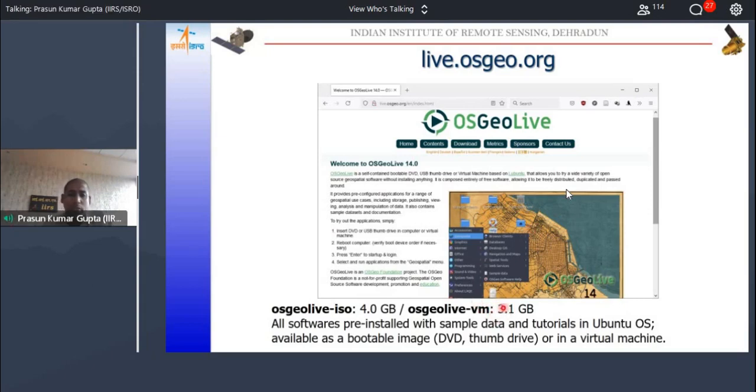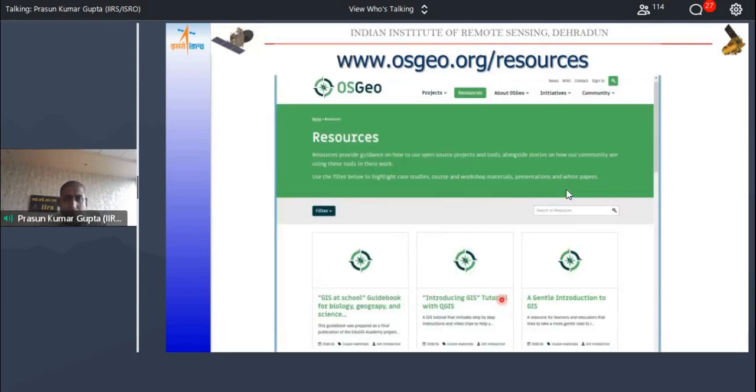You could also download a virtual machine if you know about VirtualBox. You can run it directly on your Windows machine using this virtual machine copy. And if any of this interests you, and if you think you could want to use it on a different platform, like a school or a college for a geography syllabus or a biology syllabus, you can go to this website called osgeo.org/resources, and there are links to other training material on GIS available there.